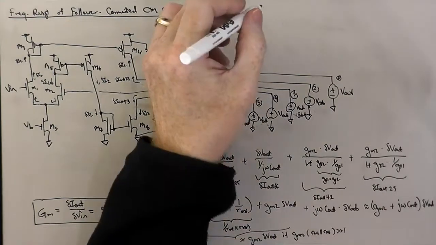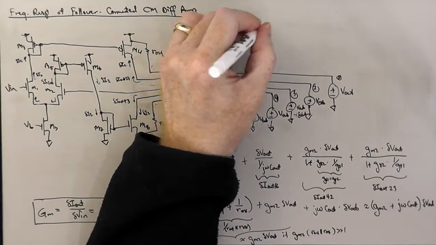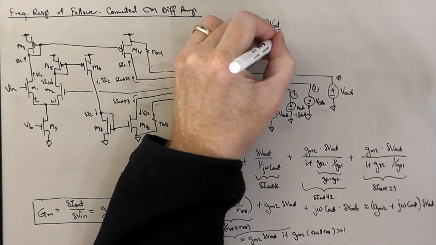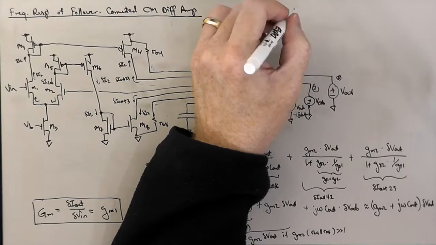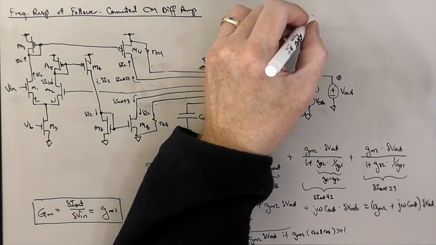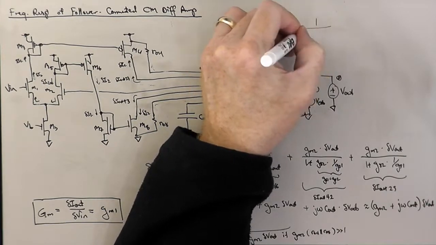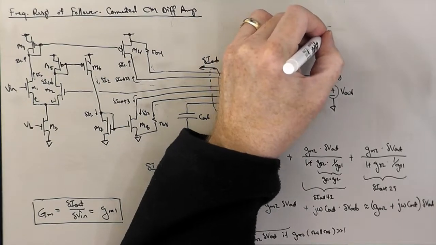And so that means that our Z out, which is delta V out over delta I out, is going to be basically given by 1 over GM2 plus j omega C out,